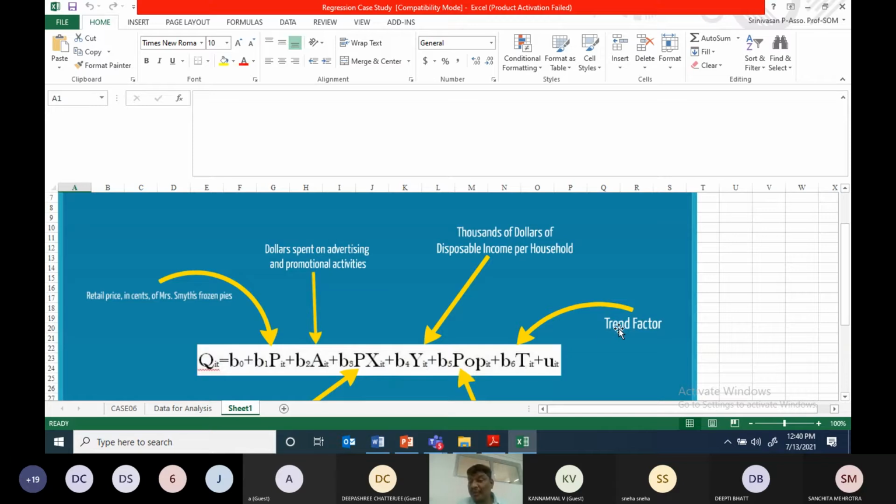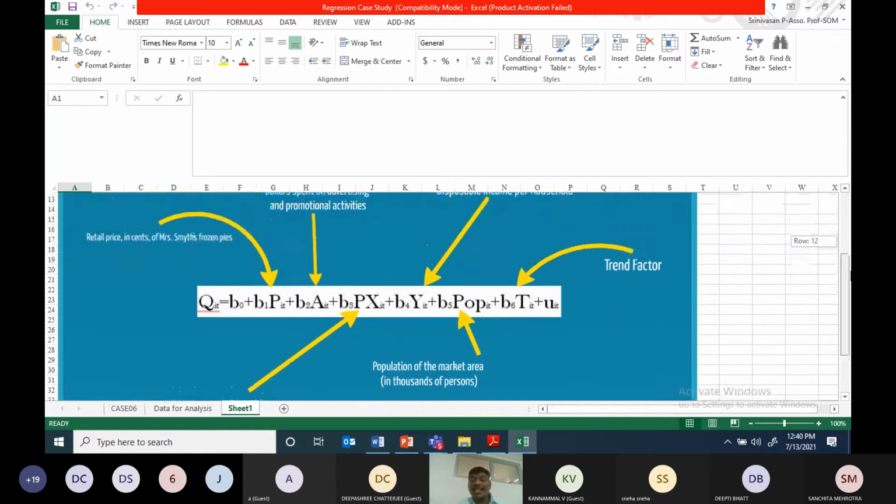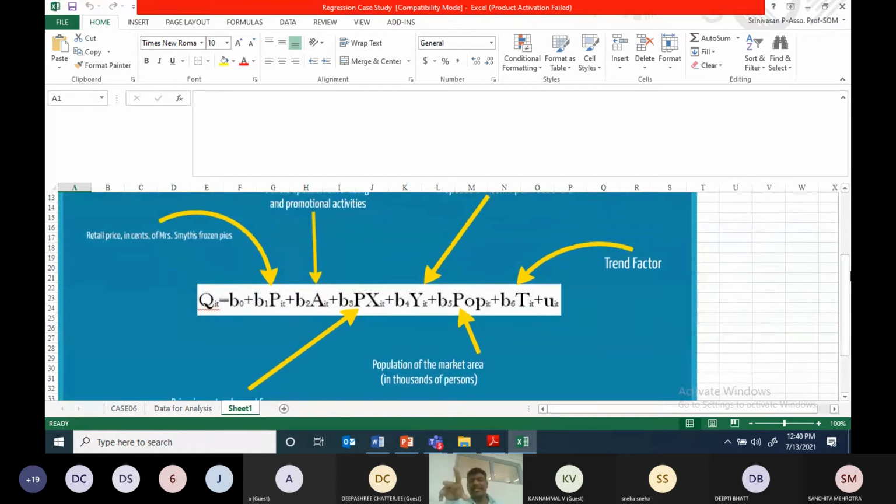Population, be careful. Here, one more thing, please. The income is represented in terms of thousands. Thousands of dollars; please, thousands of rupees. Rupees in thousands. Please make a note, because units of measurement are very, very important. The last one is population. Population in thousands of persons. I'm measuring in 1000. It's given in 1000.